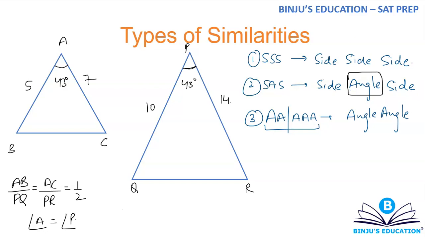For example, let's say in triangle PQR, if I make angle R equals to 43 degrees, then you can't say that ABC is similar to PQR, that would be incorrect. Okay, that would be incorrect. So anyways, if this angle P is equal to 43, so you can say that triangle ABC is similar to triangle PQR. Okay, this is the symbol, or you can say sign, for similarity.